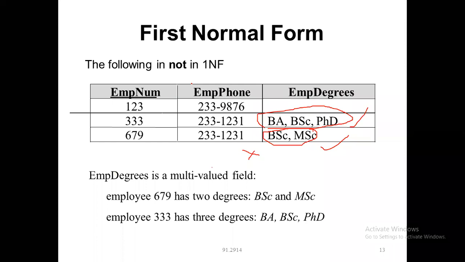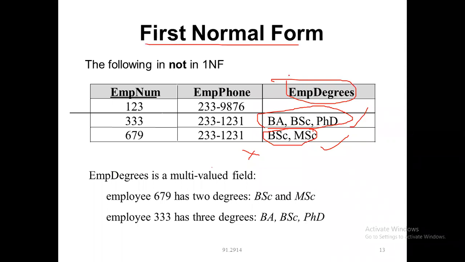So what the first normal form says is that it should not have multiple values like this. This is one attribute, and it is having multiple values, so it is violating the rule. The first normal form says don't do this. Try to make it separately.